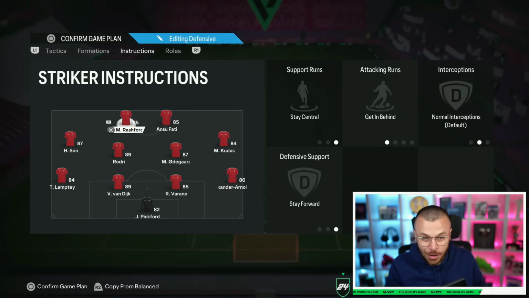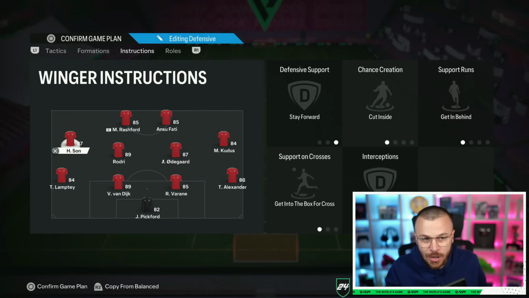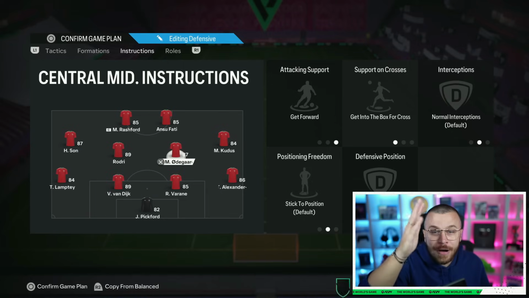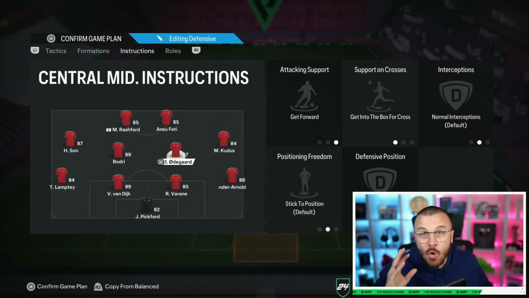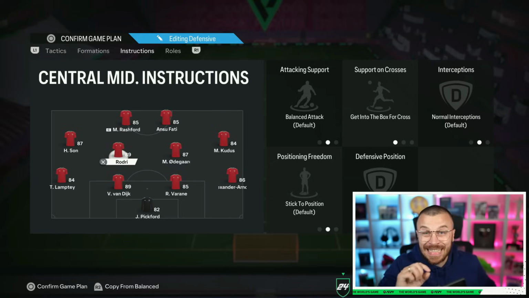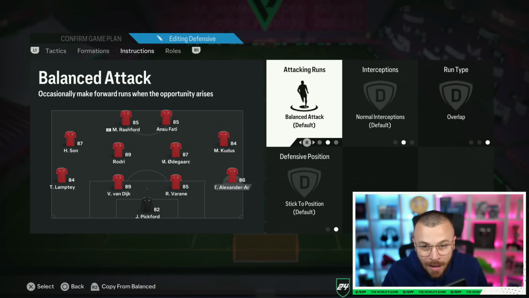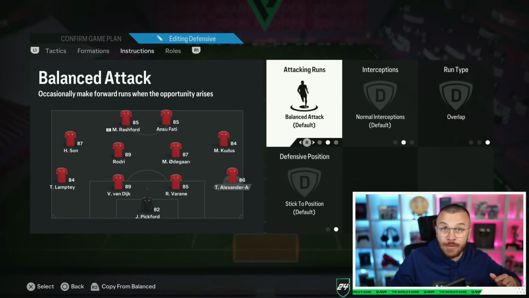So with that certain game plan, instructions and custom tactics, while attacking guys, you are going to have 1, 2, 3, 4, 5 players guys, staying forward, ready to receive a pass. 5 players plus one more midfielder, it's 6. And also guys, the LB and the RB are currently at balance attack runs, and sometimes they are going to join the attack as well. This game plan is extremely offensive, but the 4-4-2 formation is one of the best you guys can use for